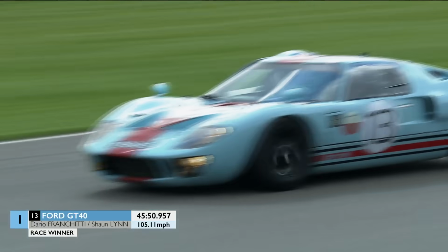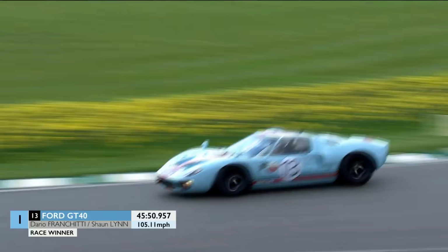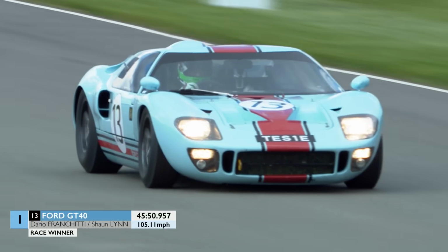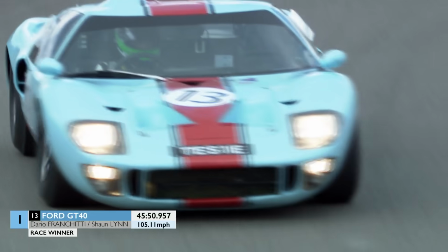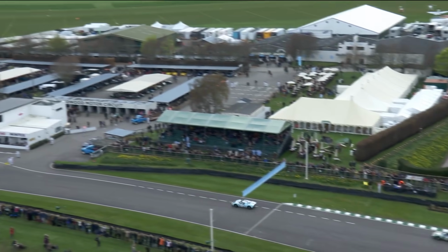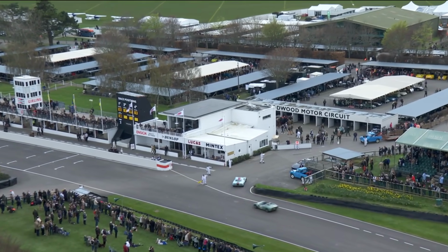But what a battle we had for the final podium position as well. Fantastic racing all round. Yeah, very, very good. And Andrew Cocotti and Stuart Hall did a superb job with the Chevron to get home in second place. So it wasn't a GT40 dominance in the end, even though it looked like it might be. And Gordon Shedden, that error that he made, partly because of going through slower traffic, having to go to the grass, started the whole sequence off. So sadly for Gordon Shedden and Miles Griffiths, they didn't quite get